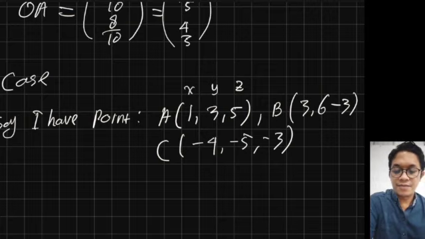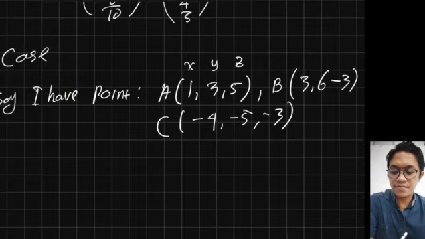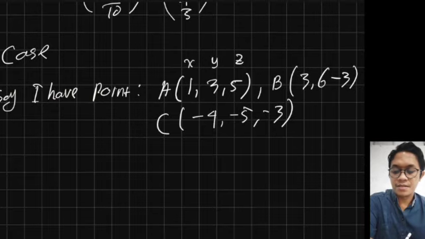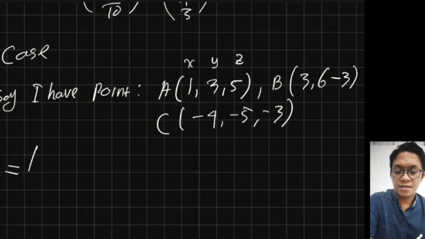Then I want to find the column vector AB. That means I have to subtract A from B. So 3, 6, -3 minus